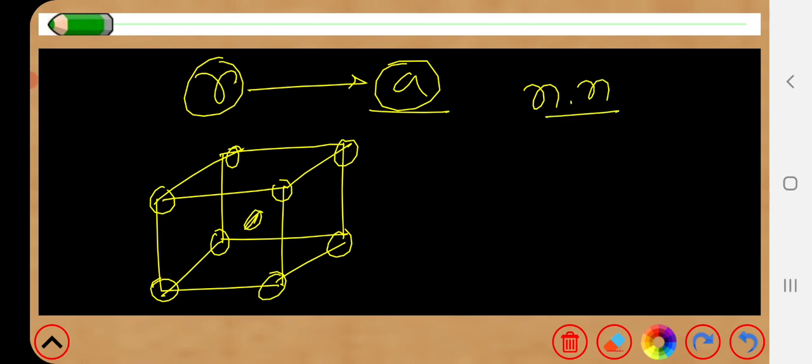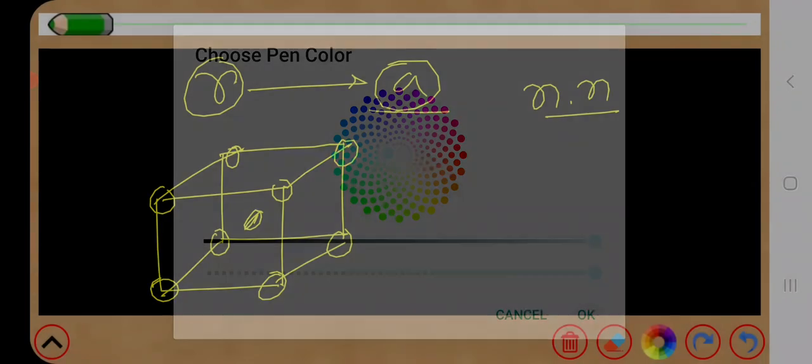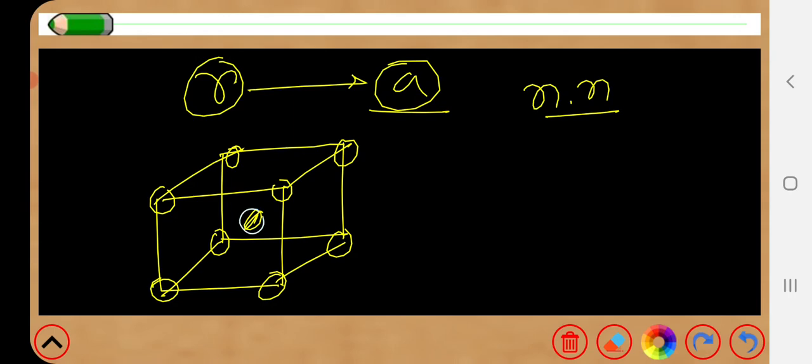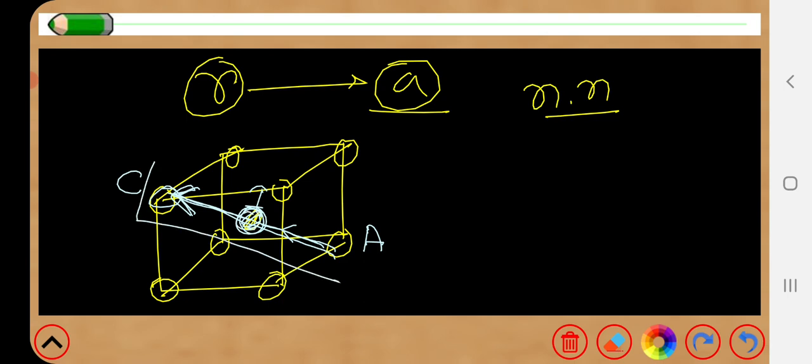See, where were we getting the nearest neighbor for this BCC structure? The nearest neighbor is the central one, and if we want to find out the coordination number for this A atom, then we have to move along this direction. That means we have to move along the body diagonal, and we can reach the C atom. So if it is the I atom, if we move along this body diagonal path, we get our nearest neighbor. So we will take only this part to make this relation.